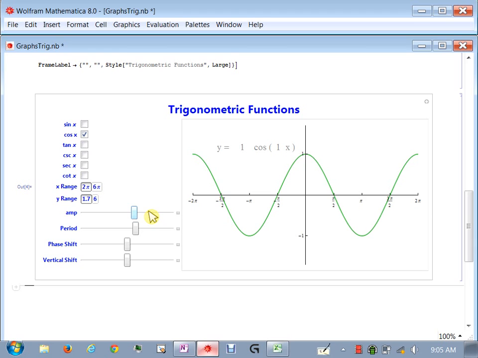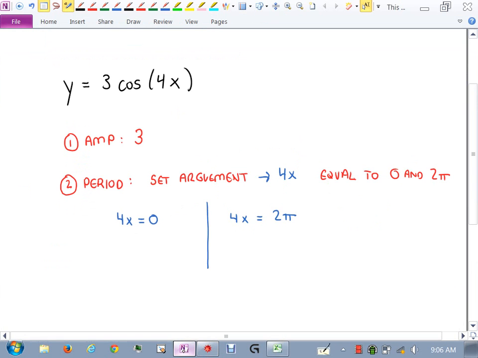right? We know that. So what we're doing by setting the argument equal to 0 and 2 pi is we're trying to figure out where these two peaks are. Once we figure out where the peaks are, then we can just come in and fill in the rest. Does that make sense? All right, so that's what we're going to do. Just trying to motivate why we're doing it. So on the first